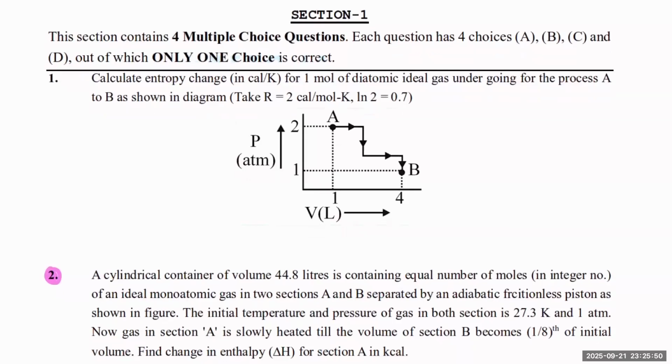Let's start with this question. See the first question. Calculate the entropy change for 1 mole of diatomic ideal gas undergoing the process A to B as shown in the diagram. Okay, so let me just quickly